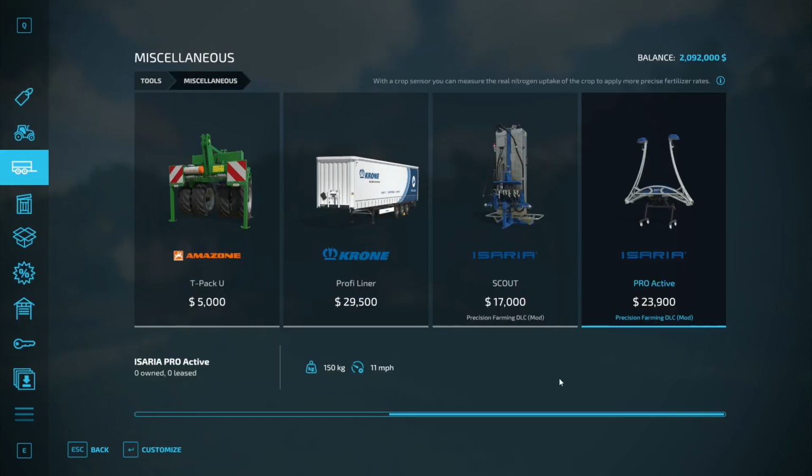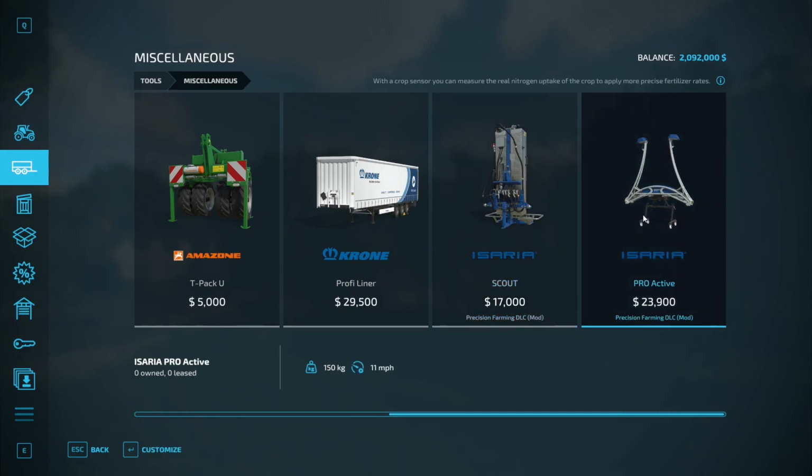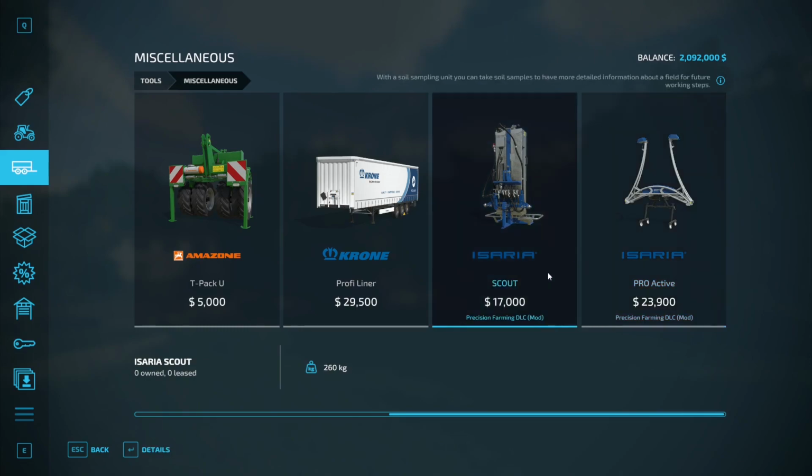So with precision farming, we're also going to get some additional equipment. These Isaria tools should be familiar, especially the Scout, if you've used precision farming in FS19. This is what you need to take soil samples. This is a crop sensor that, as you can see, you can measure real nitrogen uptake of the crop to apply more precise fertilizer rates. To implement both of these, you're going to need a little over $40,000